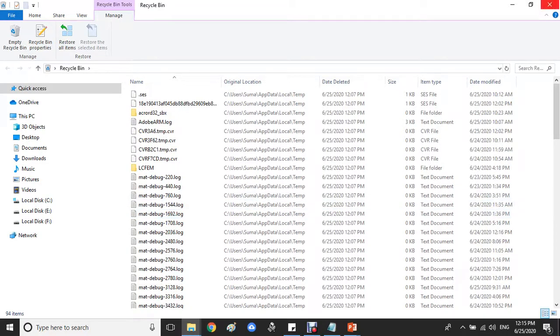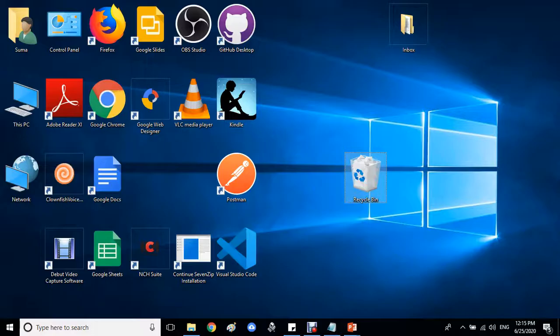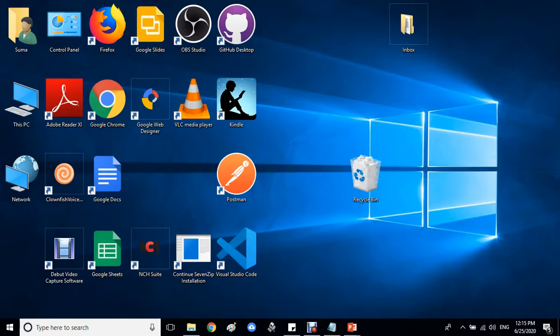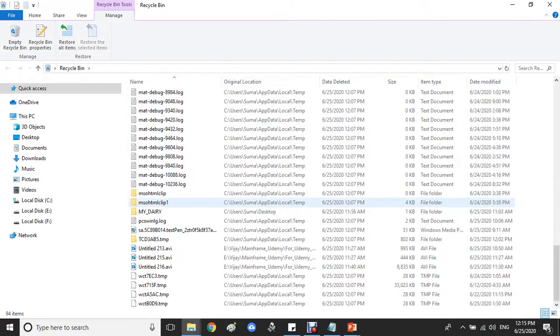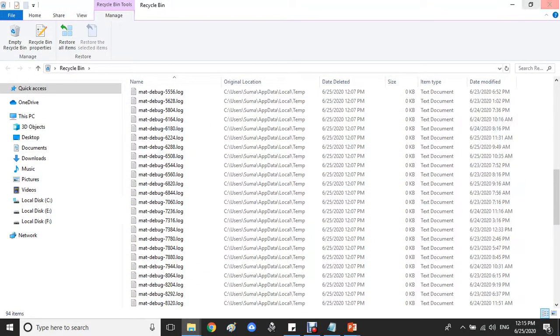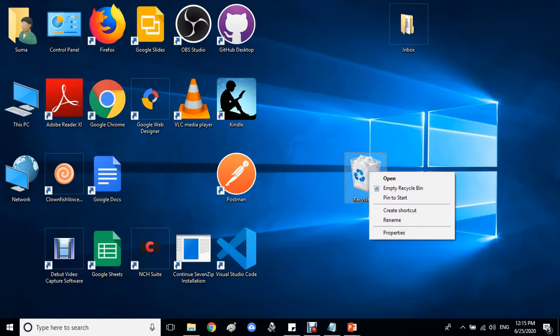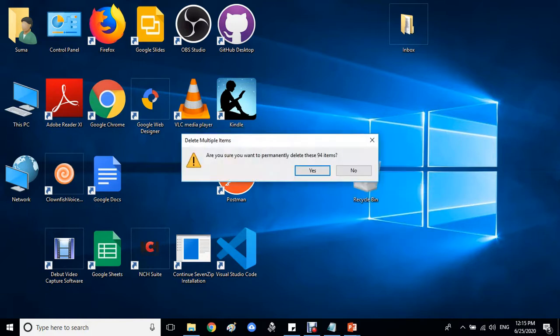Okay, so what I can do is let me go back, just do a right click on this and you can say empty recycle bin. When I open it, you can see all the dust here, the unused files, which are not required and are occupying some of the memory. I just don't want to use that. You can clean up using right click, empty recycle bin.